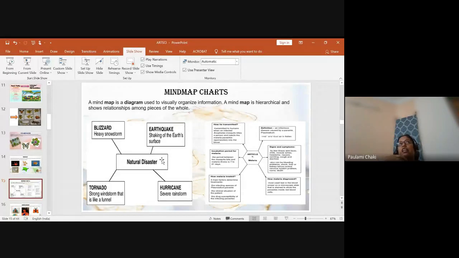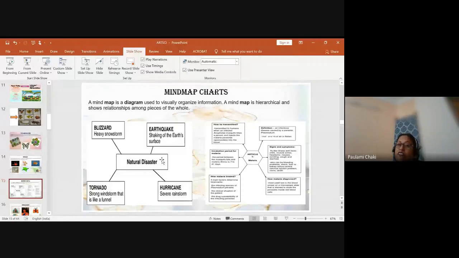Then there is one lesson called Some Natural Phenomena, where earthquakes, its effects, and how to take the safety measures, that can be easily dealt with mind map charts. Then in grade 9 there is one lesson called Is Matter Around Us Pure? Different separation techniques we teach them there, right? So for those separation techniques, they can always make a mind map, because otherwise when they are studying centrifugation, distillation, fractional distillation, sometimes they get confused. So you can ask them to make a mind map. And that mind map actually helps them to remember all the different techniques and not get confused also.